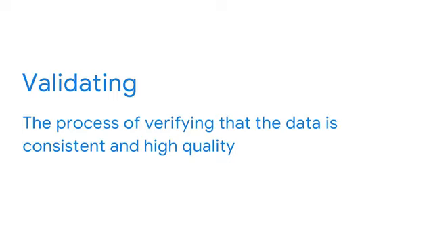Validating refers to the process of verifying that the data is consistent and high quality. Validating data is the process for checking for misspellings and inconsistent number or date formats, and checking that the data cleaning process didn't introduce more errors. Data professionals typically use digital tools such as R, JavaScript, or Python to check for inconsistencies and errors in a data set and its data types. As for our warehouse analogy, validating could be like using the museum manager's knowledge to get an idea of how old the items are. The last EDA practice is presenting.